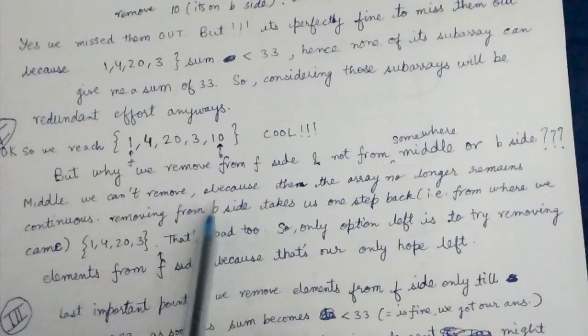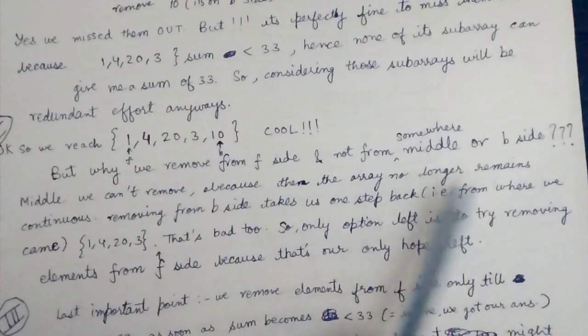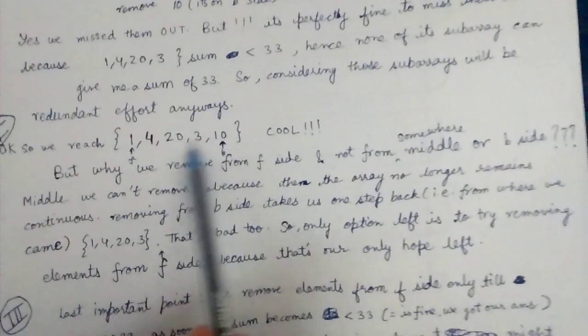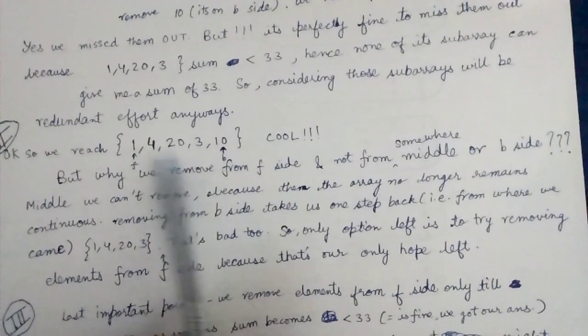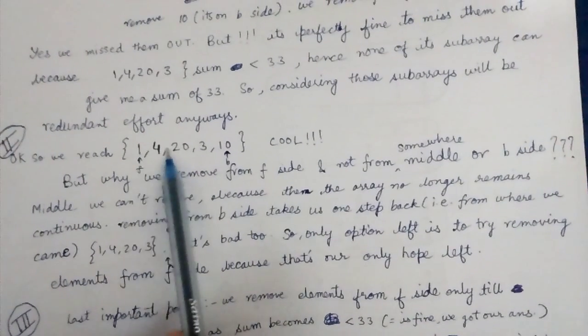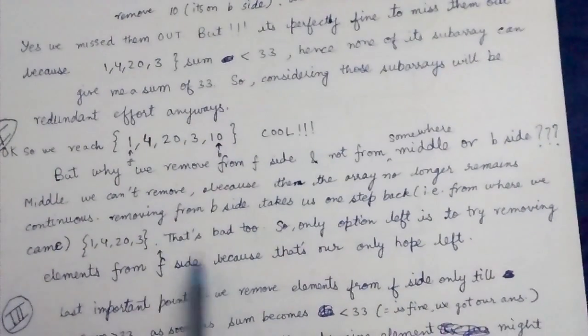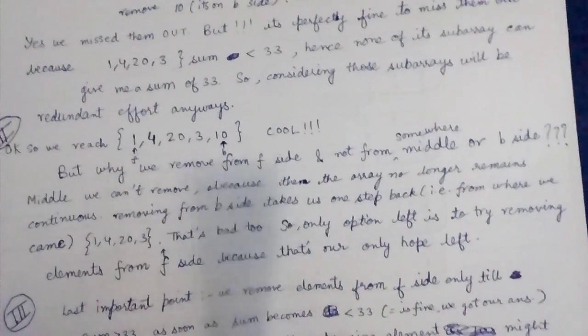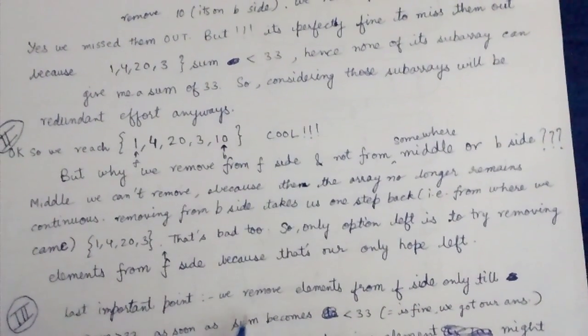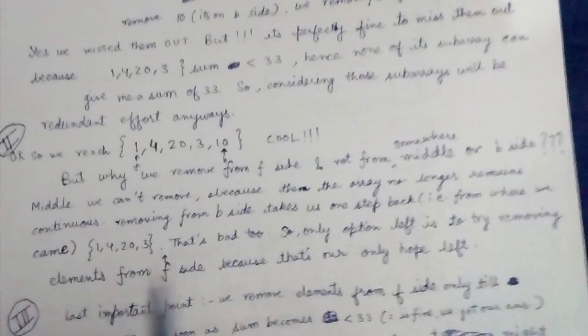Okay, the middle we can't remove because then the array no longer remains continuous. If we remove 20, then it will partition the array into 2 subarrays. So 1 4 is one part and 3 10 is the other part. But in the question it is given that the subarray should be continuous. So it violates that point. Okay, so